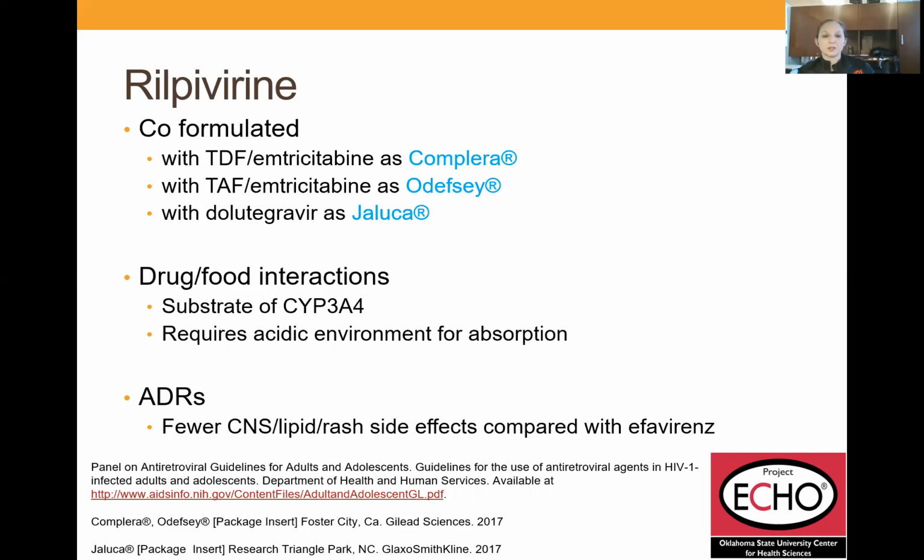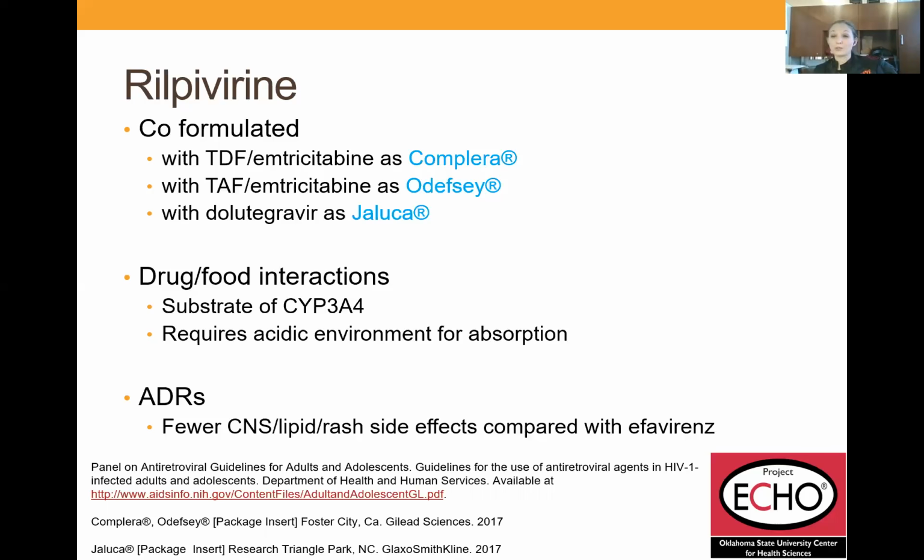But again, substrate of 3A4, rilpivirine does require an acidic environment for absorption. So no matter how you're giving it, whether you're giving it as its individual self or you're giving it in a single tablet regimen, you cannot take this drug with a PPI or H2. Technically, if you read in the package insert, it talks about dosing an H2 at no more than 20 of famotidine daily. I discourage that mostly because I always worry about patients accidentally taking more than 20 milligrams, or you have to time it out 12 hours apart. So maybe the patient's taking it at the same time or not taking it at the right time. So I actually discourage it altogether.